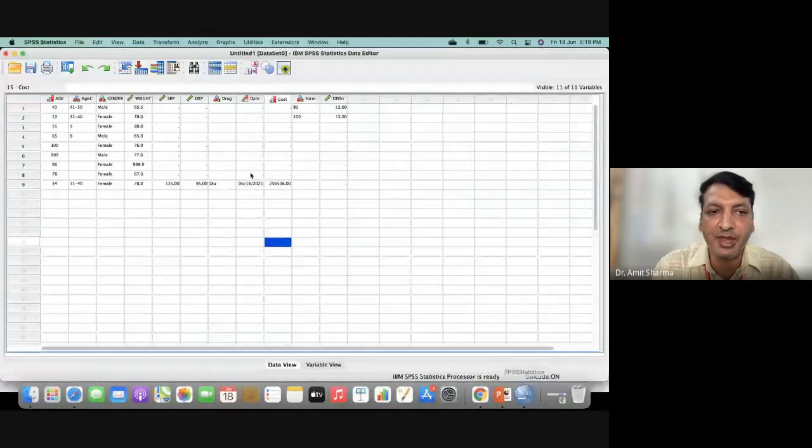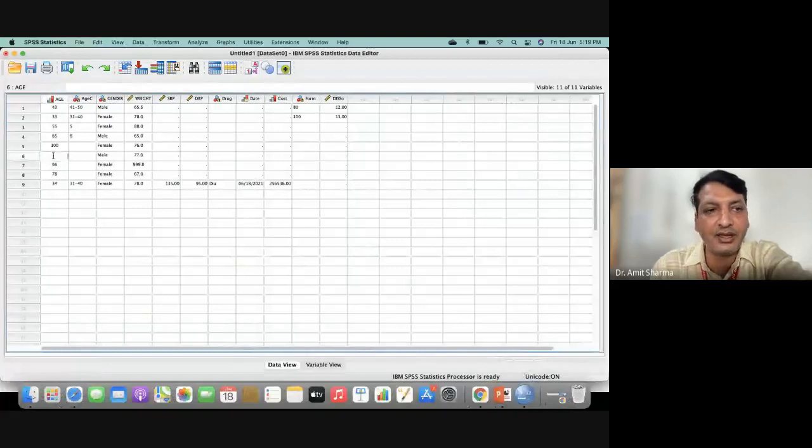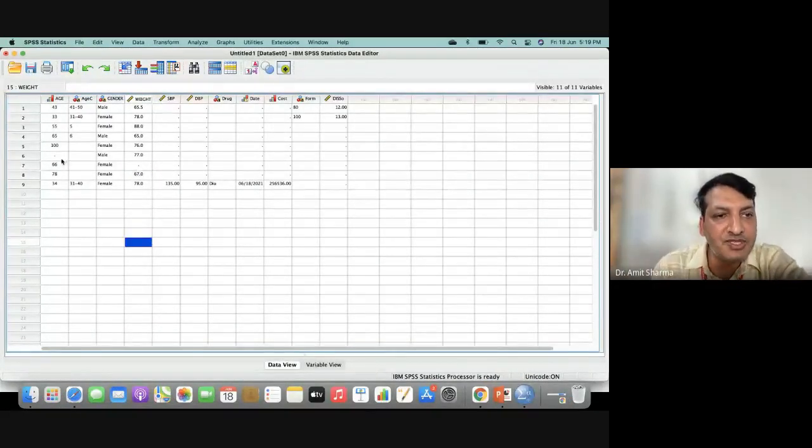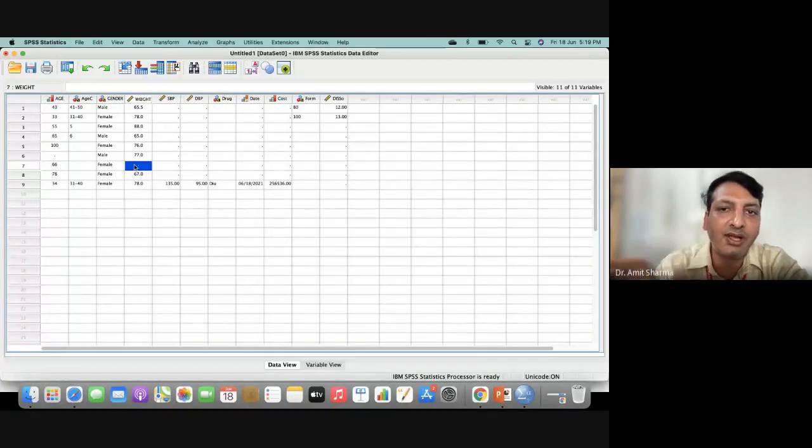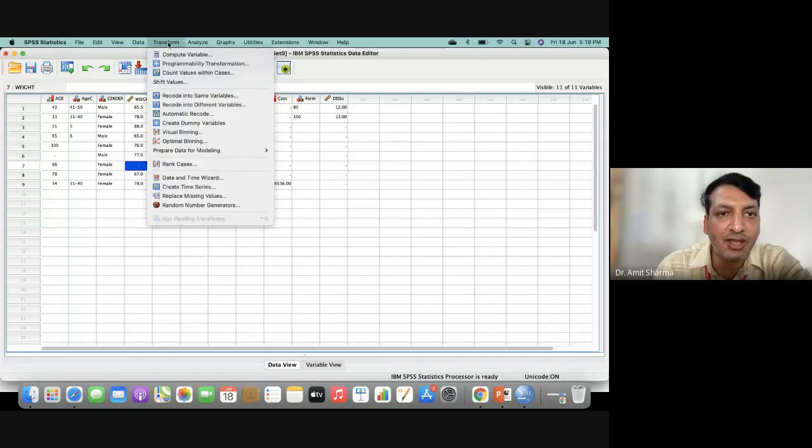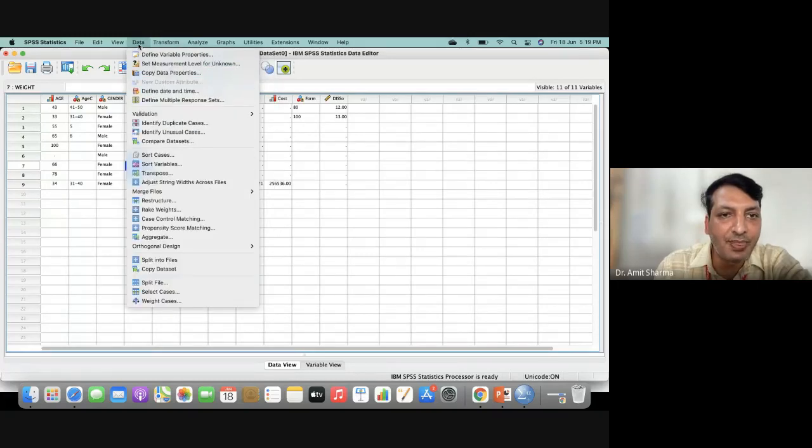I will not enter a 999 here, and I will not enter 999 here. These columns will remain blank, and whenever you have filled all the data in the sheet, at that time we have to apply the command for the missing value. Here we are going to get a command for the missing value in the transform. I will show you,